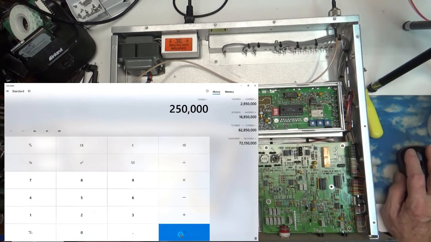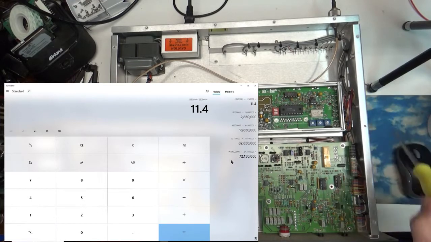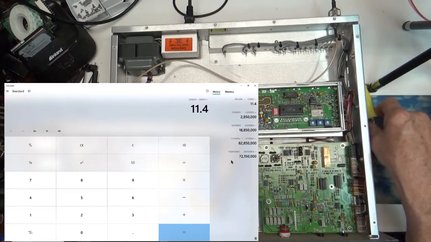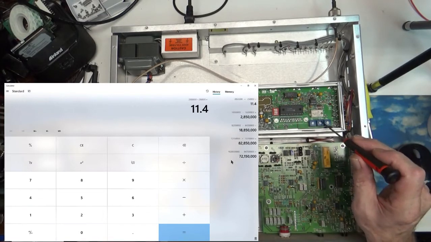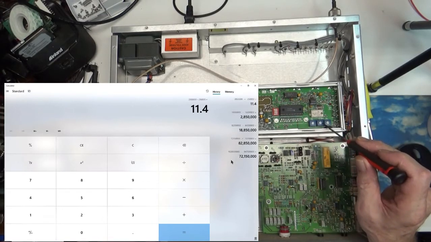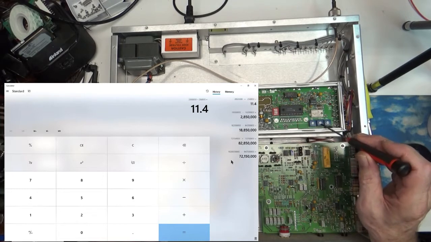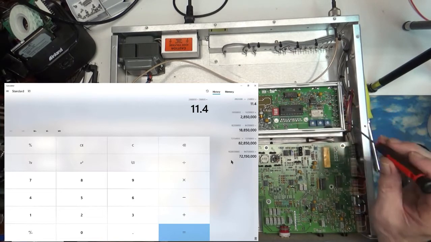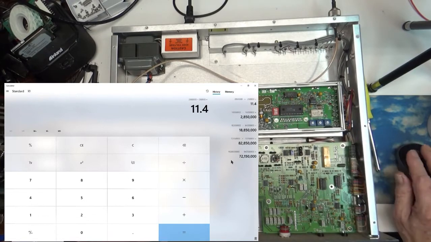250,000 equals 11.4. So what you have on this one would be 11. So 0, 1, 2, 3, 4, 5, 6, 7, 8, 9. A is 10, B is 11, so it's set on 11. And 0.4,